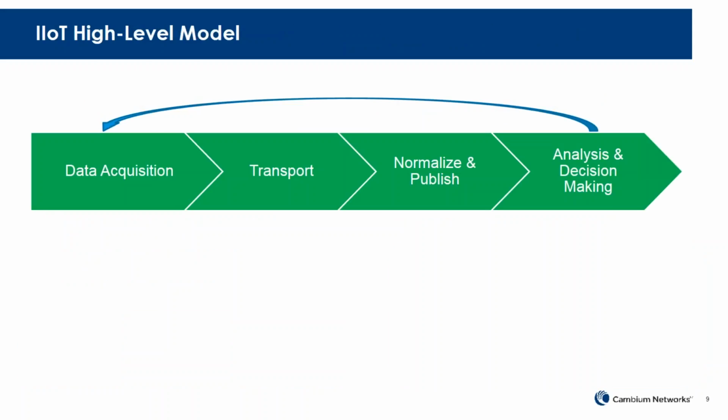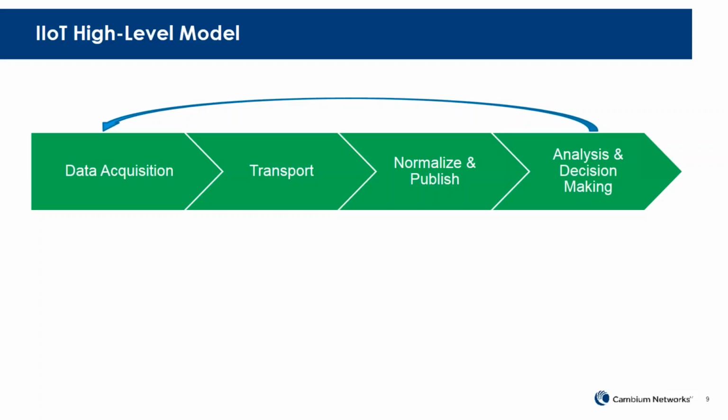So I'll give you a high-level reference model for the IIoT. This is kind of a generic reference that you can then fit just about any of the pieces of technology or products that you might come across. And really the flow here is that I'm going to do data acquisition. That's where those sensors come into play. And the job of a sensor is really to turn a physical situation like a level or a temperature or a pressure and turn that into a voltage or current. And then that voltage or current is measured with an A to D converter and turned into a data packet that can then be transported across the network.